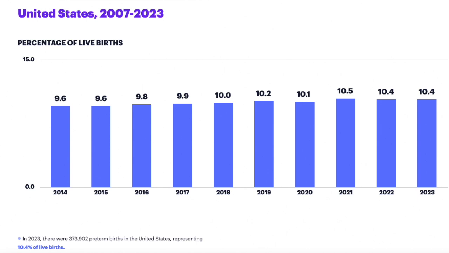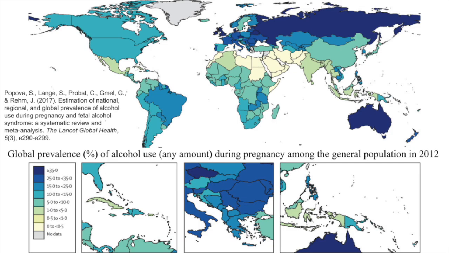and to each other. For this assignment, you will create a global map showing the prevalence levels of preterm births across various countries. For example, on the screen is a map showing the global prevalence of maternal prenatal alcohol consumption. There is a color key showing how the colors of various countries reference different prevalence levels. You are going to create a similar map, but about preterm births. This video is going to walk you through the process step by step.